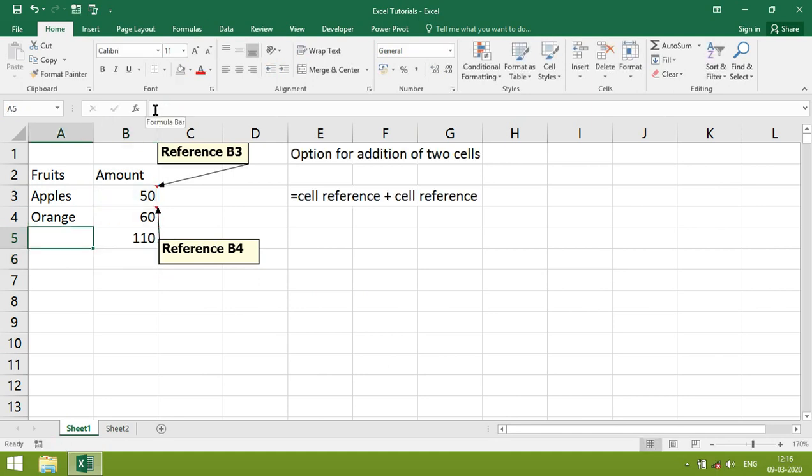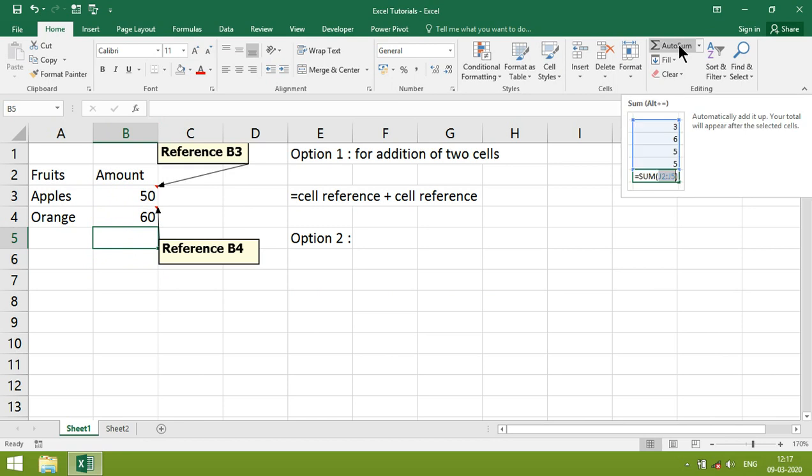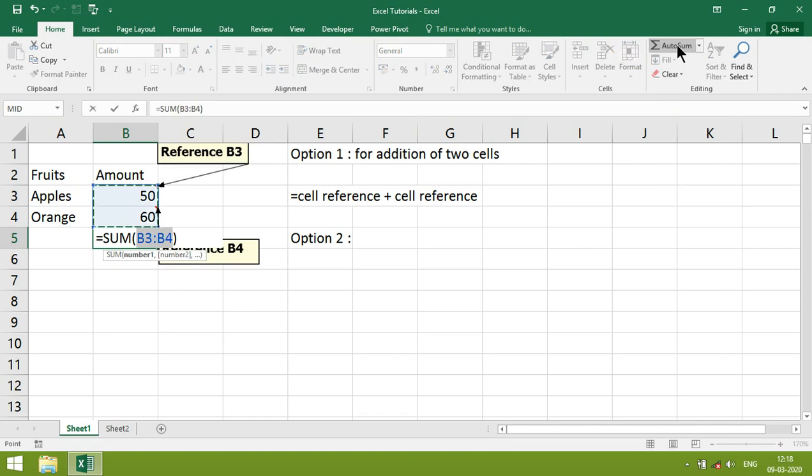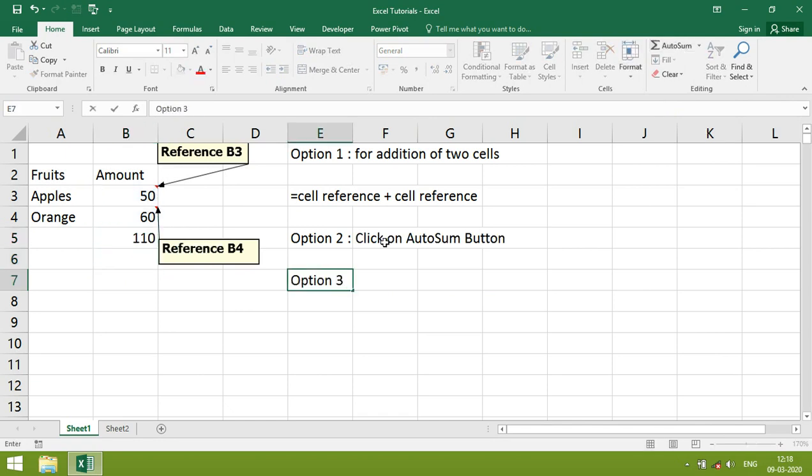This is one method. Option 2: just click on AutoSum, then enter. Option 3: press Alt and equal to, then enter.